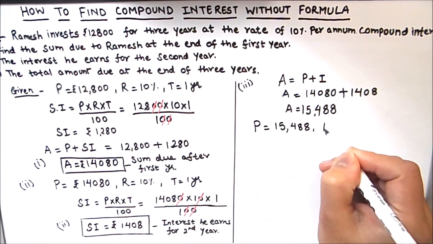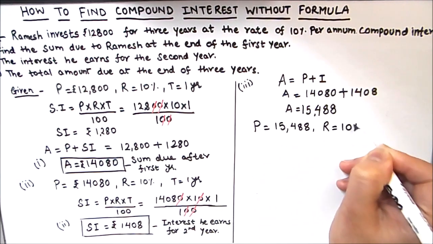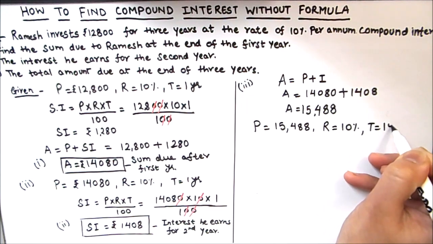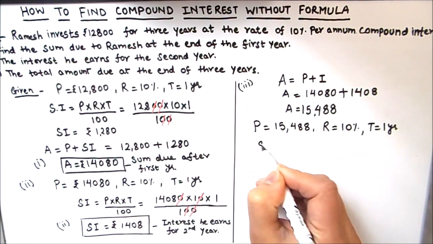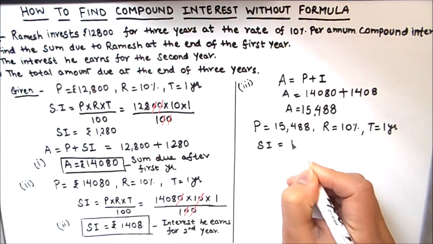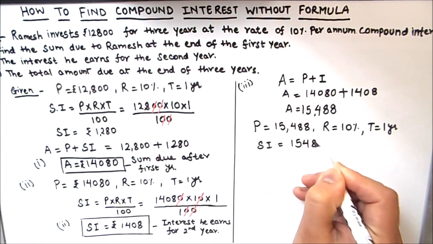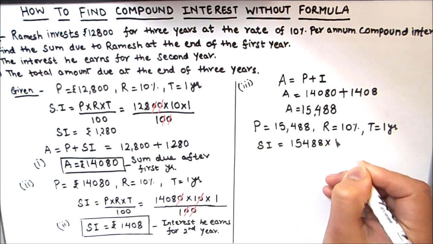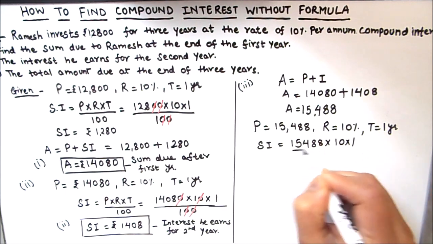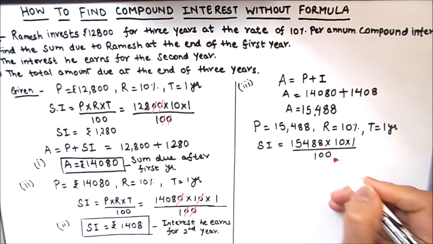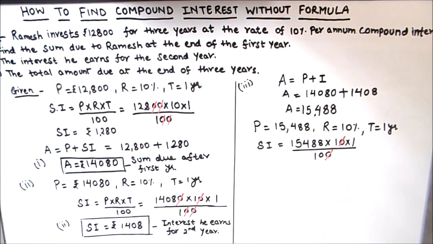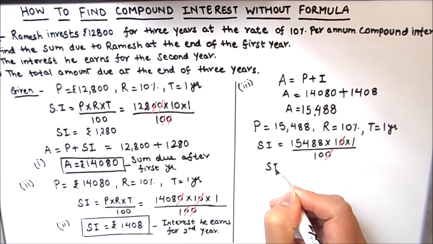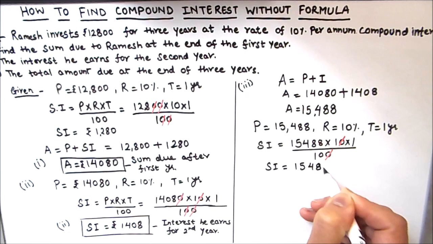Then we have our rate of interest is 10% and time is 1 year. So we'll find simple interest, which is 15,488 times 10 times 1 divided by 100. Now this 0 gets cancelled with this 0, and simple interest will be 1,548.8